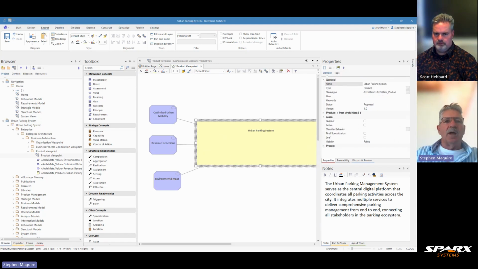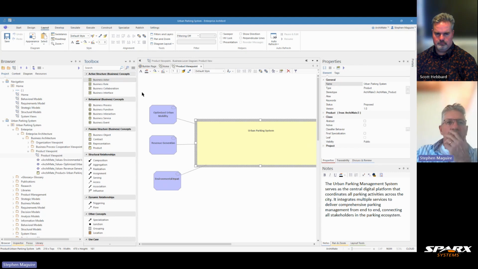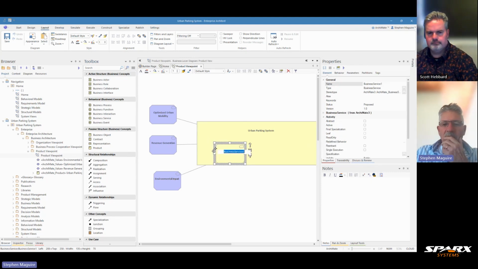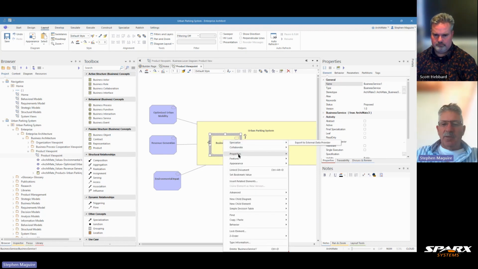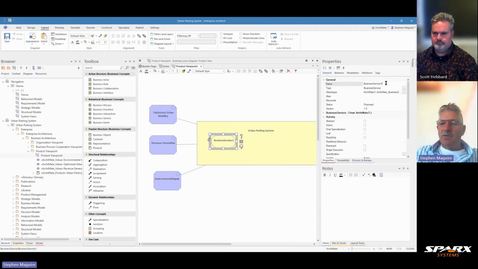And let's put in some other elements in here. So let's put in some business services that are part of our urban parking system. So we can drop those in. We'll go back to our palette again here, and let's bring that up. The ArchiMate business one there, and here's a business service. And let's drop that in. You can see that goes on with that icon. Scott, I like at this point to change those. I can change the appearance by saying let's not use the rectangular notation, but let's use that notation. That pill shape fits in better into this